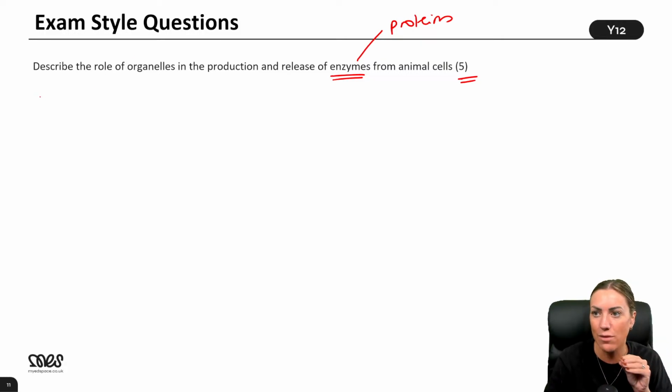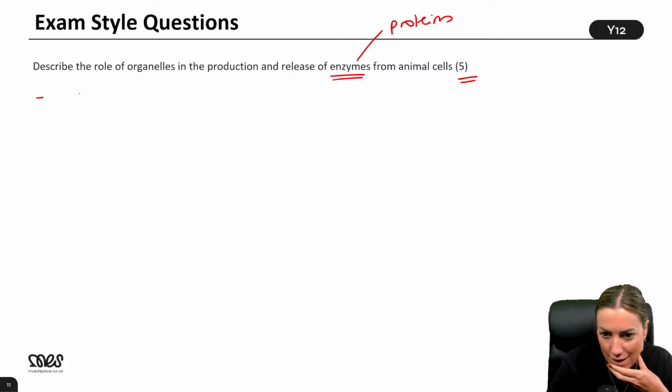At the back of A-level paper 1, the last 3 questions are always this style, okay? They're always like 5 or 6 markers. They're nice. They are biology stories. That's what I like to call them. So start putting some notes in the chat. I'm